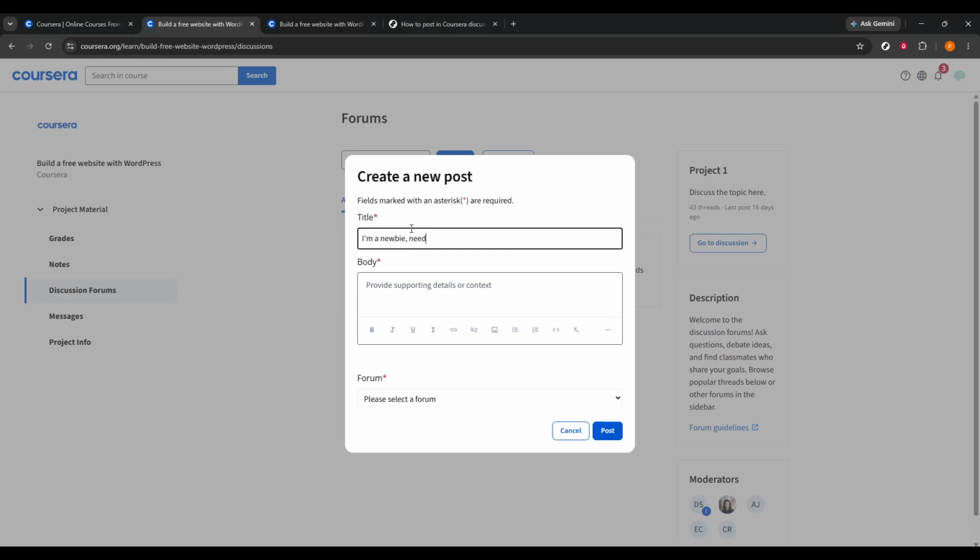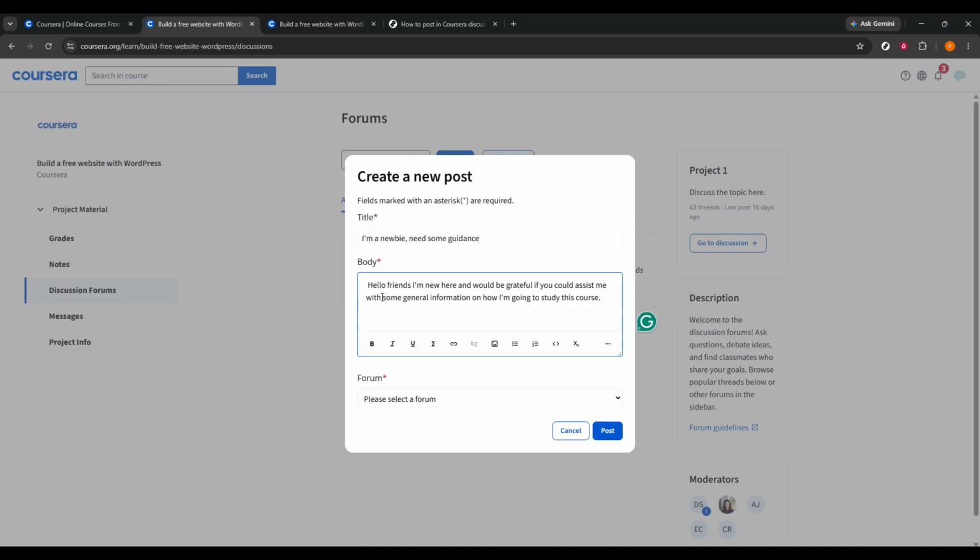Then, fill out the body of your post. This is where you explain what's going on. Be honest about what you've already tried. Did you rewatch a certain video? Did you check the reading materials? Including that context is huge because it shows you've done the work, and it helps people avoid giving you advice